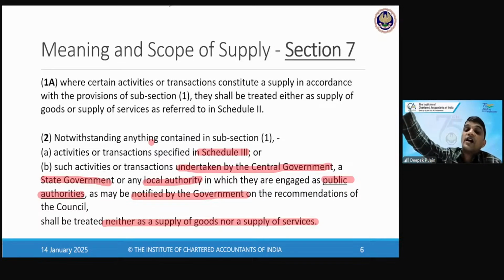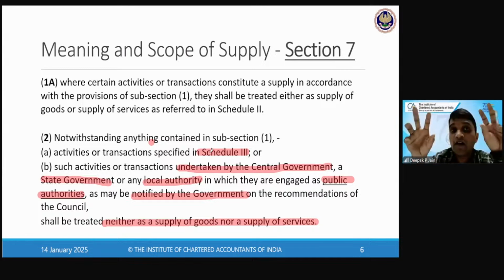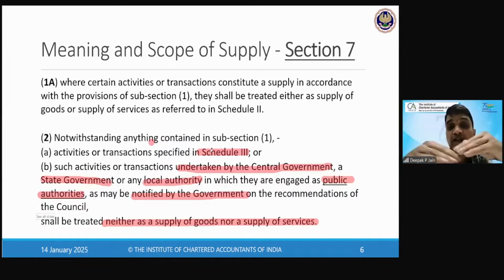Activities covered under Article 243G and Article 243W of the Constitution of India. 243G and 243W क्या बोलता है? All those activities which the government has to do in the nature of panchayat, municipality, वो सभी जो काम है wherein it is doing for the welfare and in its role as development of the respective areas, उनका कॉन्स्टिट्यूशनल पावर 243G एंड 243W में कॉन्स्टिट्यूशन ऑफ इंडिया डिसाइड करती है।